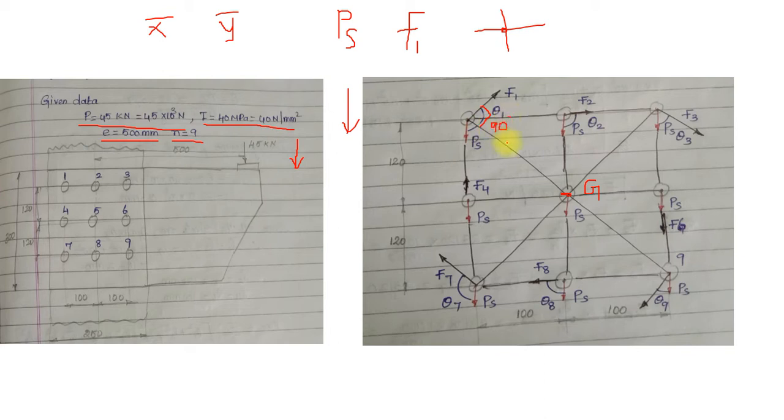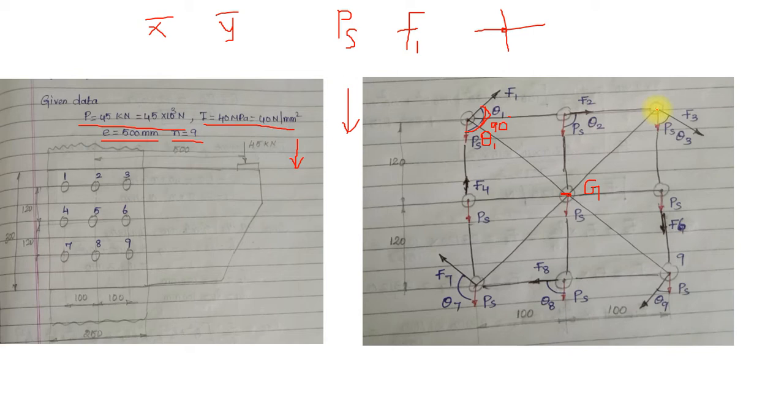This is for all the rivets. For the line connected from the center of gravity to the center of the rivet, the secondary shear load will be perpendicular to that line. Obviously, the angle between the direct shear load and the secondary shear load is nothing but theta. So this is for rivet 1, hence it is called theta 1. Similarly, for all the cases I have marked F, the secondary shear load value, and the theta value.